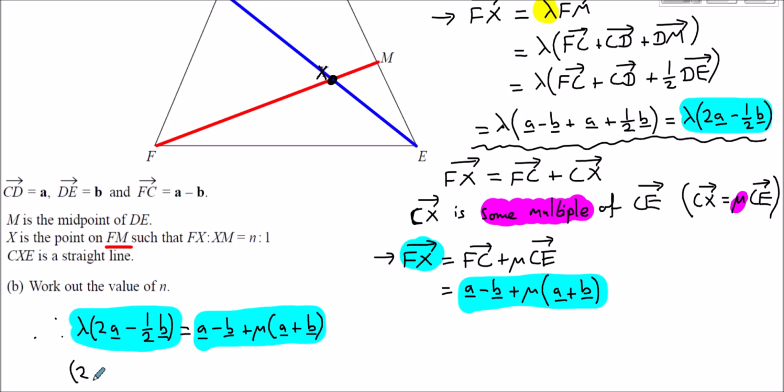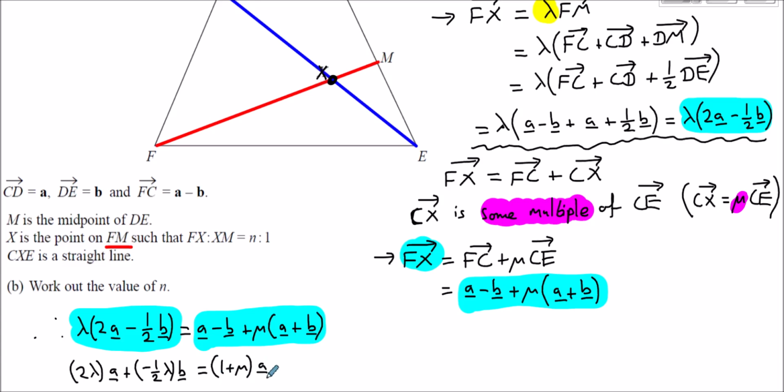So over here I have 2 lambda lots of A. And in terms of the B terms, I've got over here minus a half lambda, lots of B. Expanding this out, I'd have A plus mu A. So I've got 1A plus mu A. So 1 plus mu,